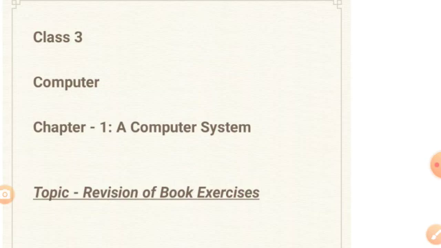And then we learned that there are four main parts of a computer, and they are monitor, keyboard, printer, and CPU, that is Central Processing Unit. And for monitors, we learned there are three types of monitors, that is CRT, LCD, and LED monitors. CPU also has three main parts, that is memory unit, control unit, and arithmetic logical unit.